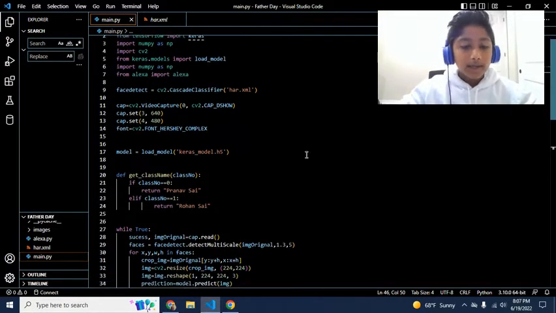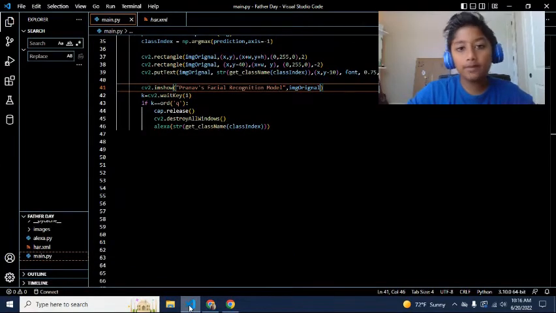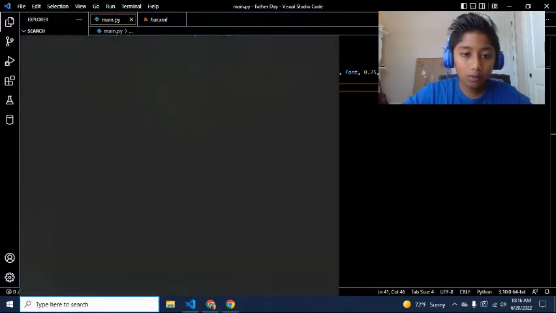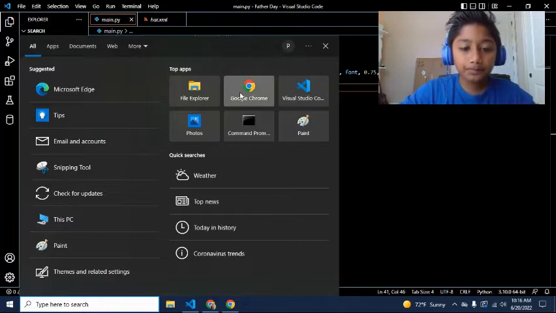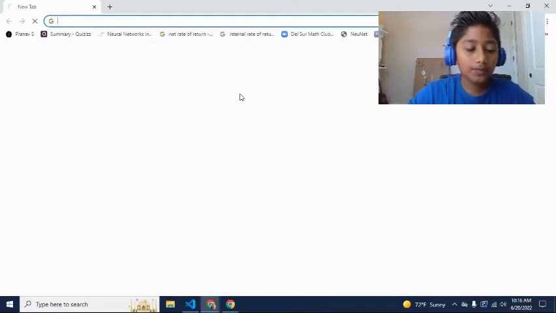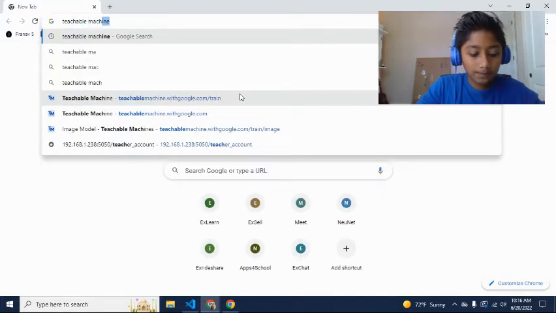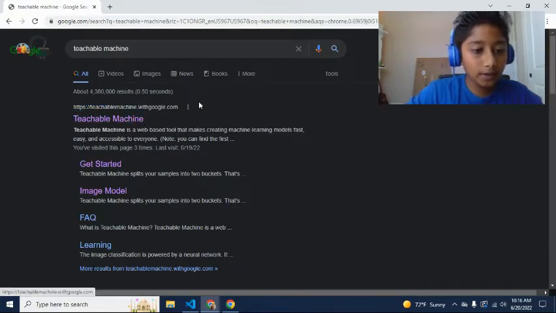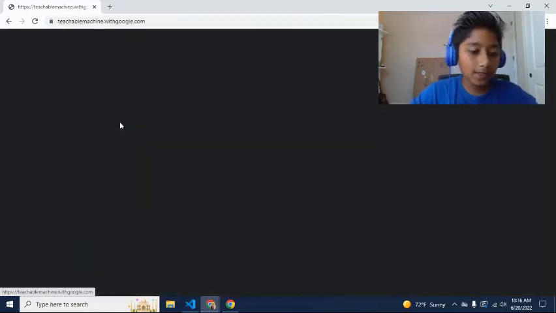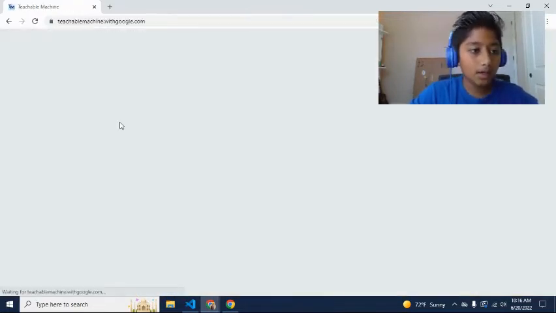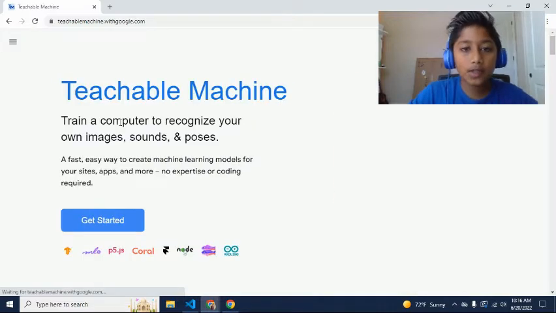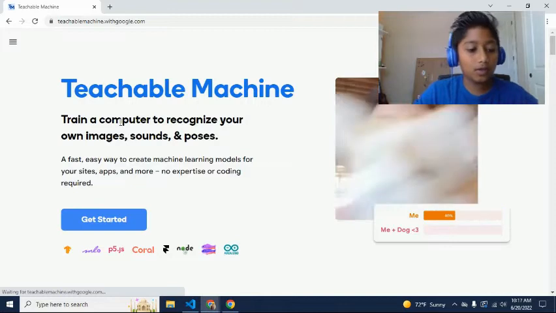Okay. All right, so now we can actually load all our images into a model. Okay, so let's go to our search bar and let's go to Google Chrome. We're actually going to be putting our images into this website called Teachable Machine, which is created by Google. So if we just type Teachable Machine in our browser, it's going to have this first link. So just click on that. And you don't need to sign up or anything like that. Really, all you need is just a bunch of images and the different classes that you want to have. So you just want to click Get